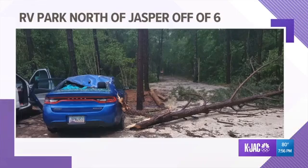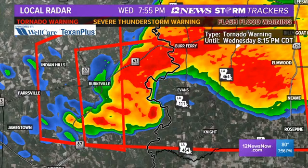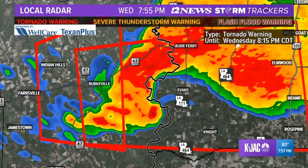Again, this is a photo from an RV park north of Jasper, of some damage there. Now that the storm has passed into Louisiana, you can safely come out of your storm shelters or out of your hiding places and send us photos, 409-838-1212. Patrick, again, we're hoping everybody's going to be okay. Oh, absolutely. Our biggest concern is